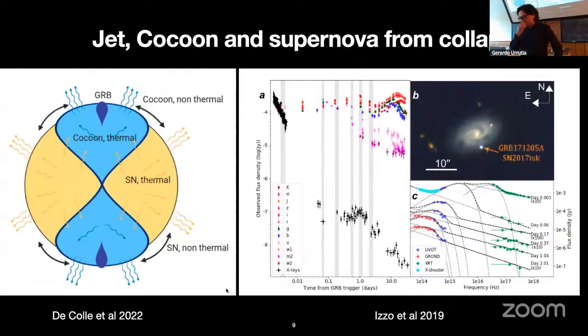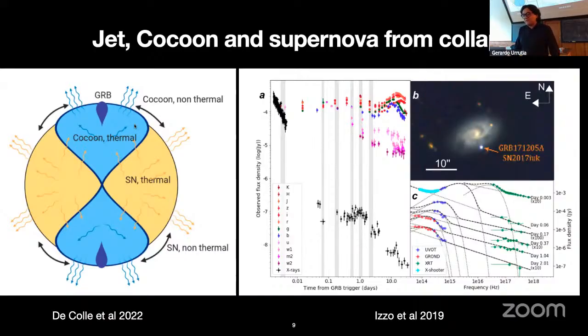So, this is an observation of a long gamma-ray burst. This is also one motivation for what we are interested in studying in detail: the hydrodynamics, or the dynamics, of these relativistic jets, because from the central engine we can obtain different kinds of ejections. The relativistic jet, the cocoon, which is traveling at slower velocities with respect to the jet, but